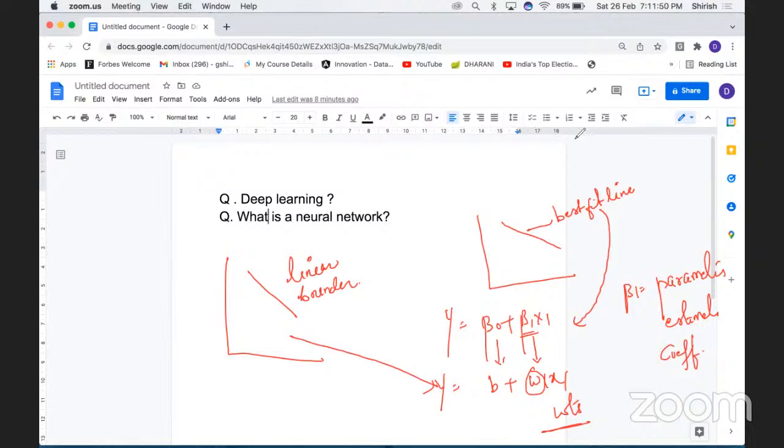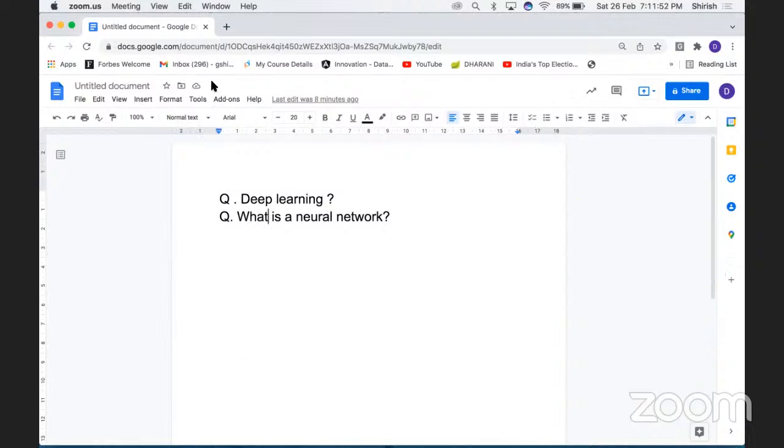Now, what is the role of the activation function here? We have seen the expression for MLP, then comes the role of activation functions. At the most basic level, an activation function decides whether a neuron should fire or not.